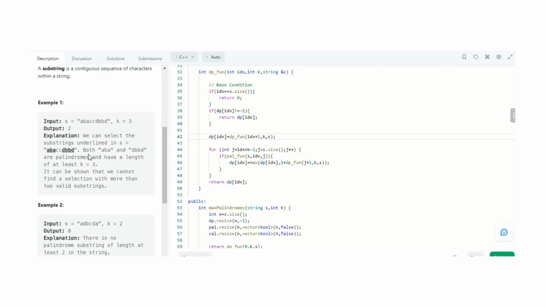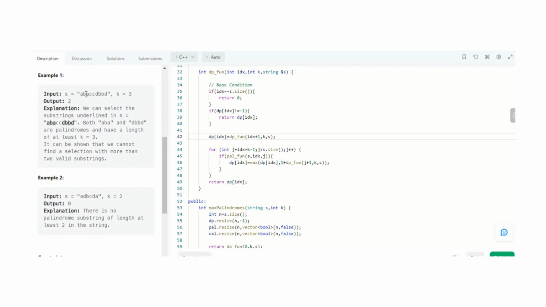The main reason we backtrack here when our j reaches C and the string is ABAC is that there is no way to calculate palindrome further. If this string is not palindrome, why do we need to check further? So that's why we backtrack and calculate it for the further part of the string.